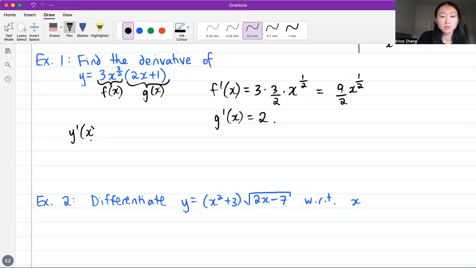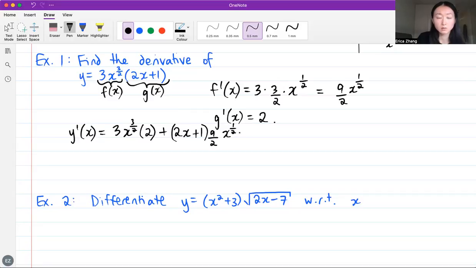Now it's fairly straightforward to put this together using the product rule. So y prime of x is equal to the first function, f of x, times the derivative of the second function, which is just 2, plus the second function, 2x plus 1, multiplied by the derivative of the first function, which we found is equal to 9/2 times x to the power of 1/2. And we could choose to simplify this a little bit. So 3 times 2 is 6 to the power of